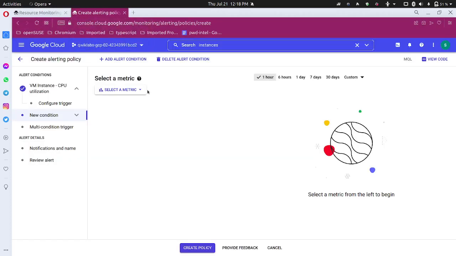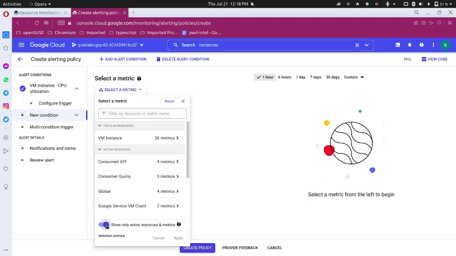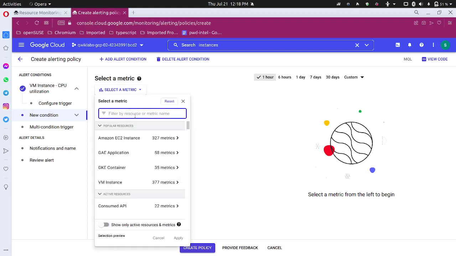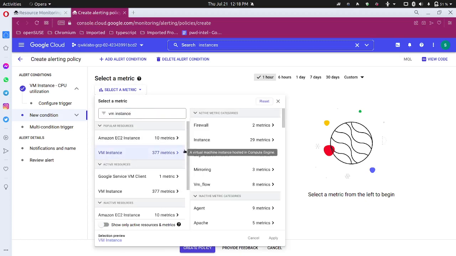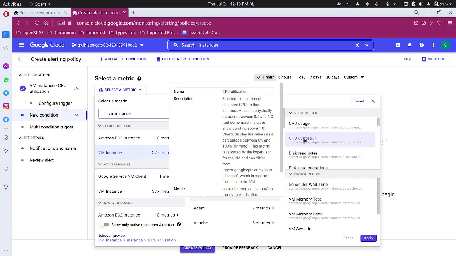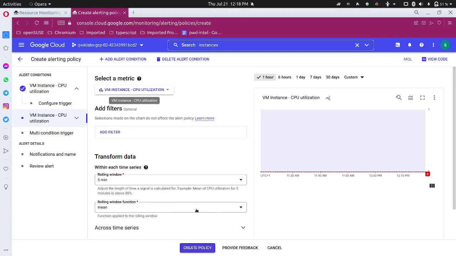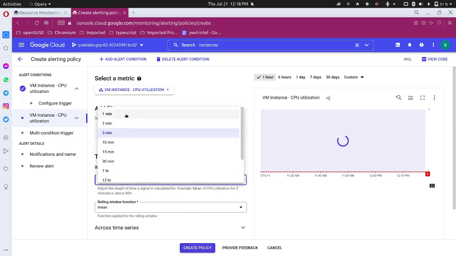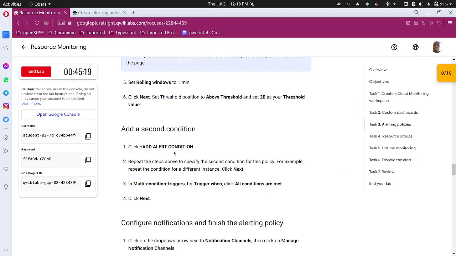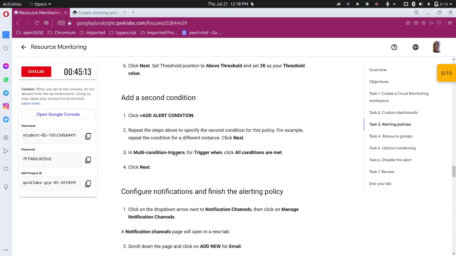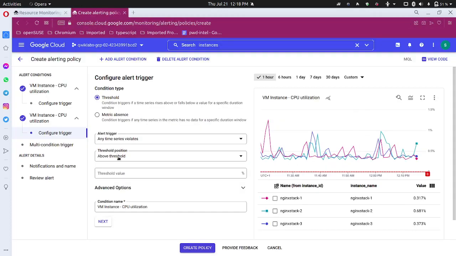Click next. Okay, so we did this, we disabled this, and then we typed VM instance. Okay, came here, I did instance, and did this, and then come here 1 minute, and then did next. Okay, then when we get to click next, in multi-condition triggers for triggers when,